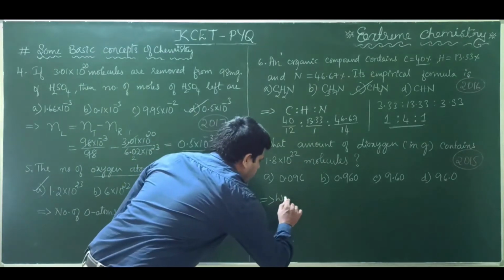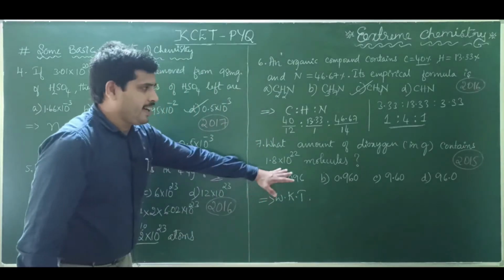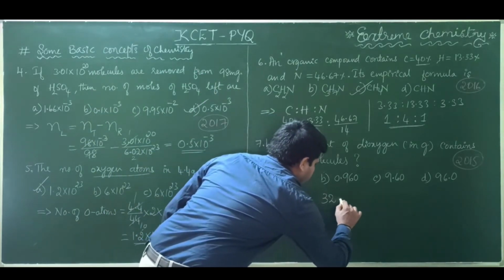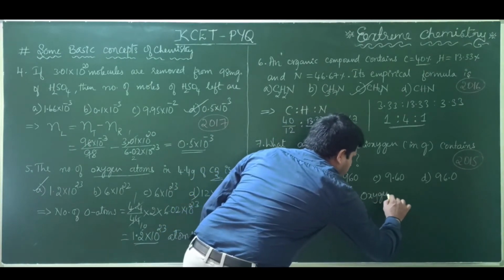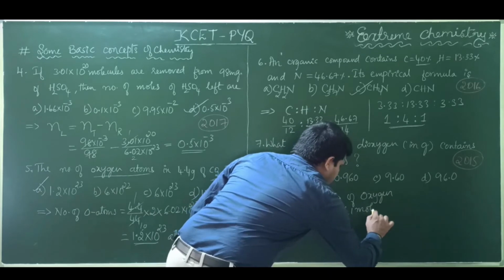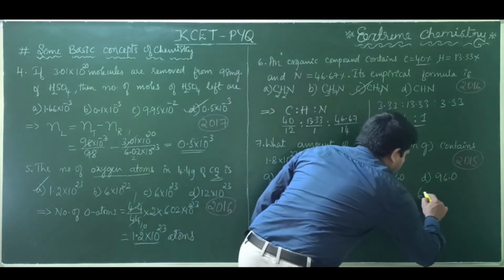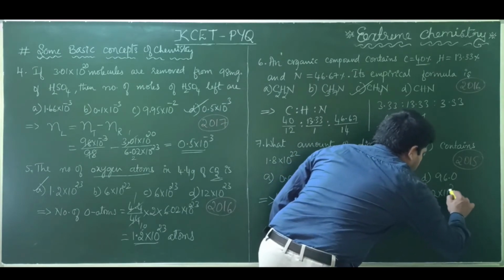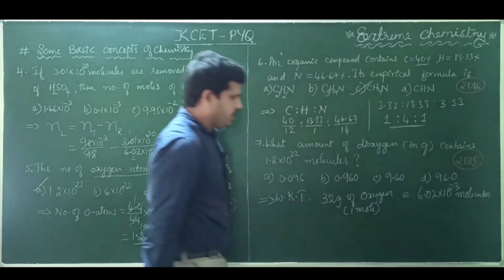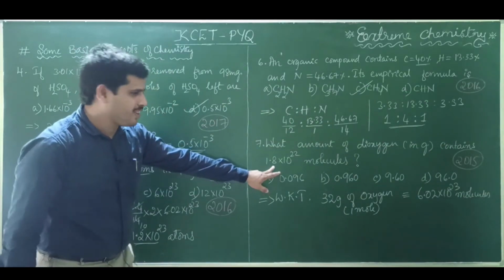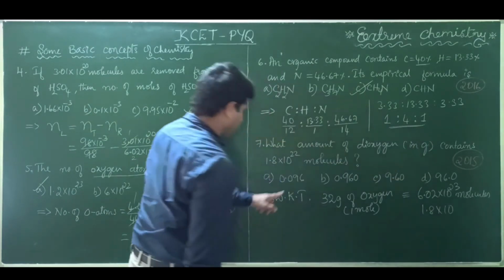So we know that 32 gram of oxygen, am I right, which is nothing but 1 mole, is equivalent to or contains how many? 6.02 into 10 to the power 23 molecules. Am I right? Yes. Our problem is solved. It's a cross multiplication, isn't it? So 1.8 into 10 to the power how many? 22